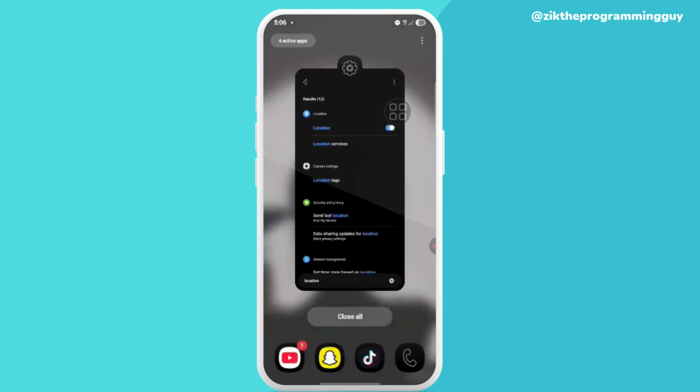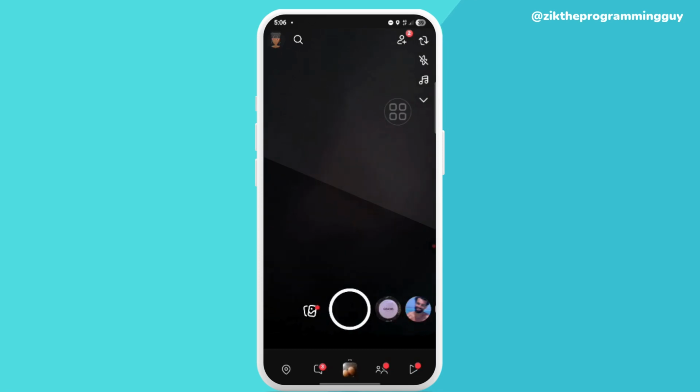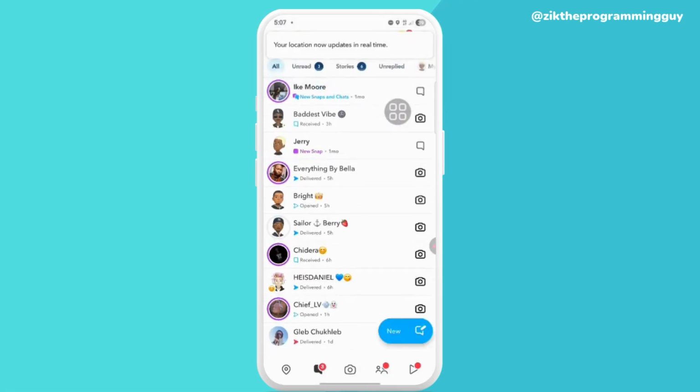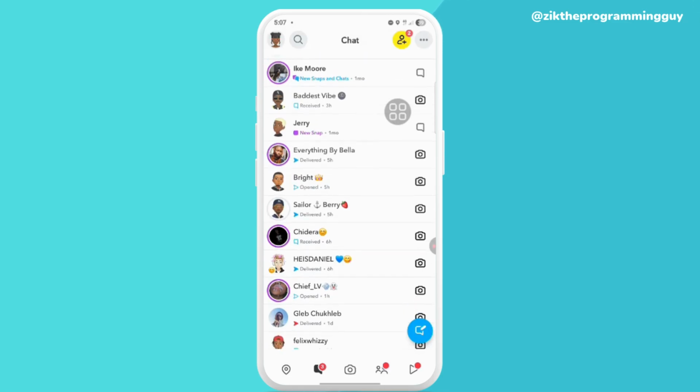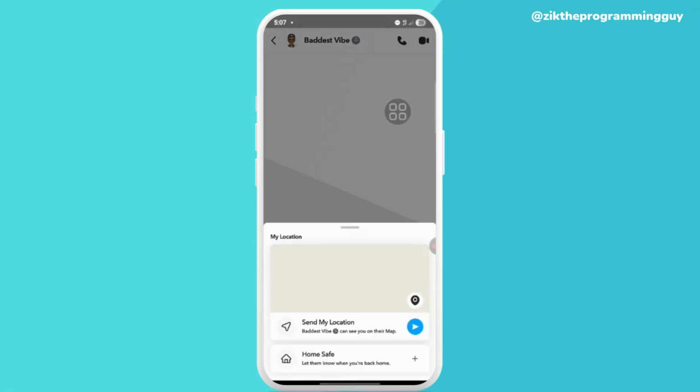So the next thing we are going to do is go to our Snapchat, like this, and you click on the inbox and you click on the person's DM you want to send your location to. So we're just going to use this one right here. So you can see a location icon above your keyboard just like this, and just click on it,